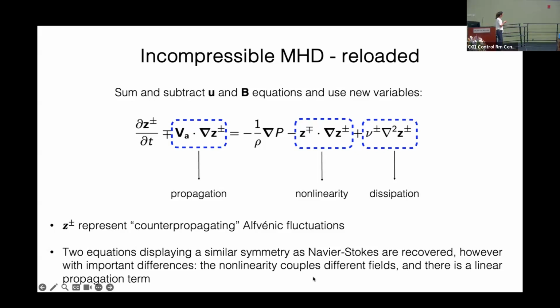And so we have two time scales. We have what I called earlier the nonlinear advection time, z minus plus dot grad, and then there is the linear propagation time.